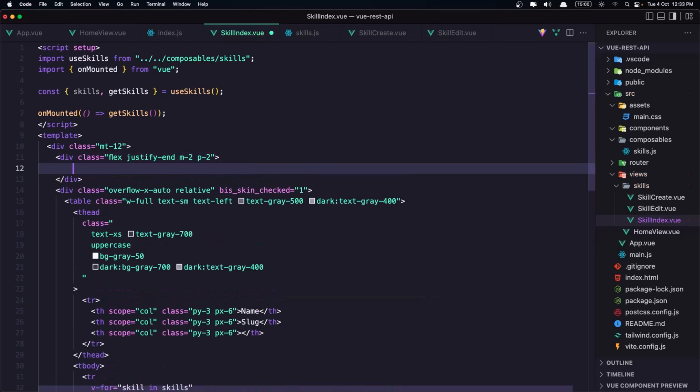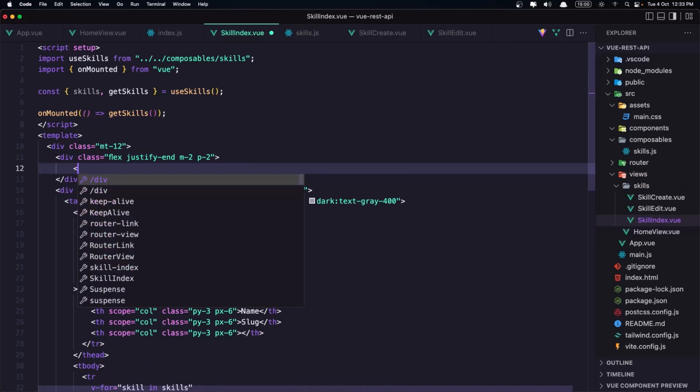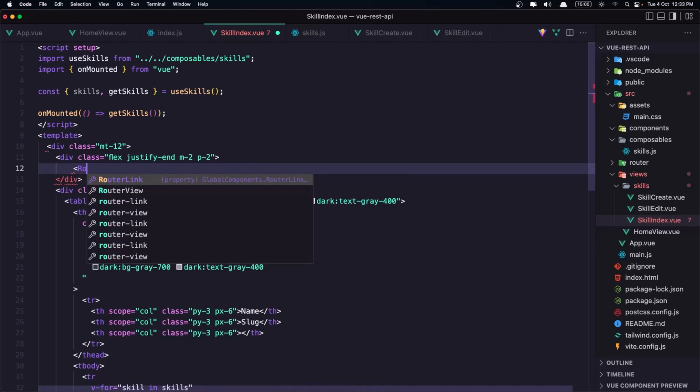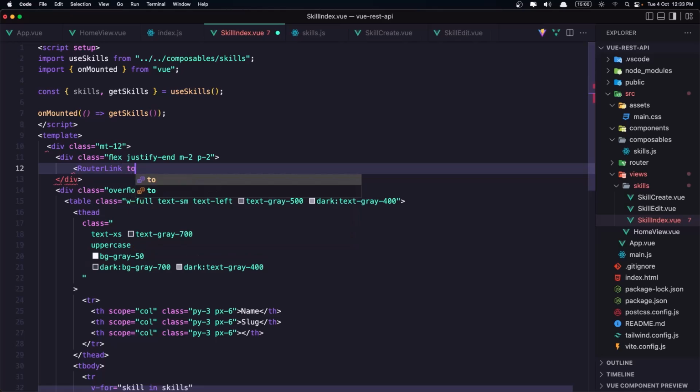And then I'm going to add a router link. It's going to go to the, we need to bind this because I'm going to use name, router link to name, which is a skill